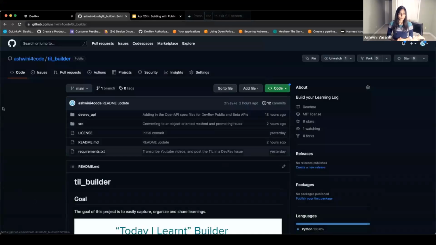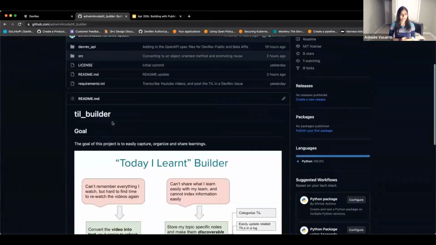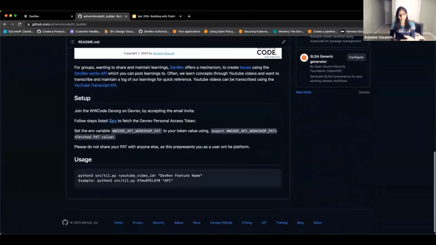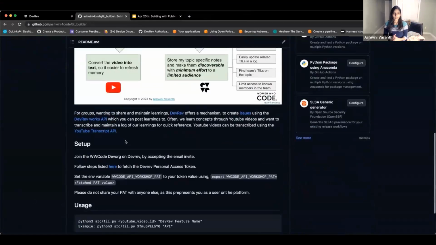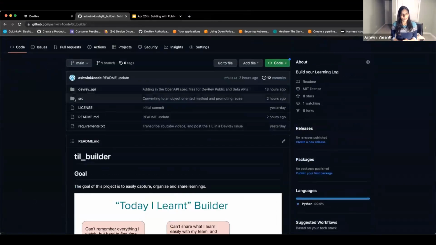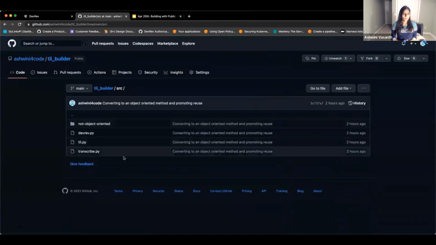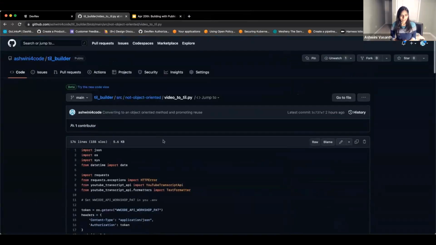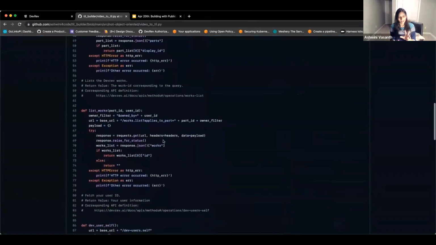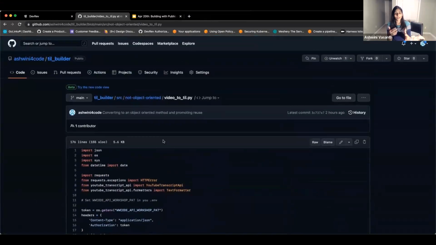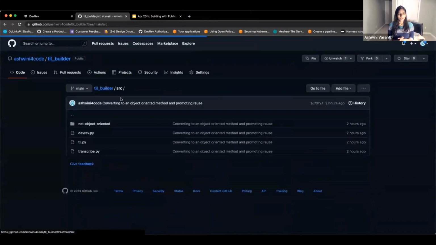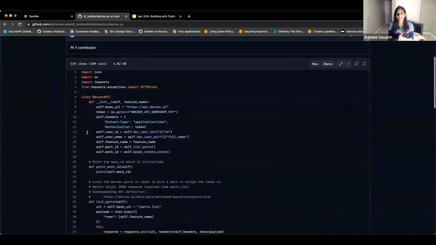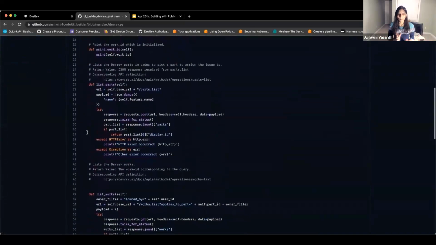This is the repo shared with everybody, and you will basically see a structure here where it starts with a README, like some description of the problem, the setup, the usage. And now we go to the actual structure. So we go to the source code. There is something called not object-oriented. This is an example to tell you why, just to compare and contrast, right? I would like you to take a look at this code to compare it with the other code, and then tell me what you find as better, optimal, suboptimal, etc.